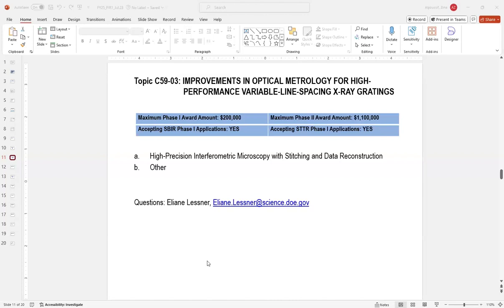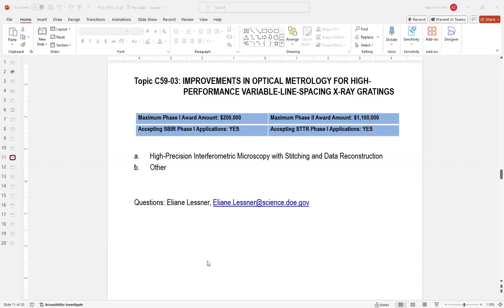As I mentioned earlier, BES builds and operates facilities, and many of them are going through upgrades. Some upgrades are already completed, such as the APS just recently, and also the Linac Coherent Light Source a few months ago. The ongoing ones are the Advanced Light Source, ALS, and the Proton Power Upgrade for the Spallation Neutron Source. A couple of the topics relate to addressing some of the challenges brought about by these upgrades. Okay, first one, the topic